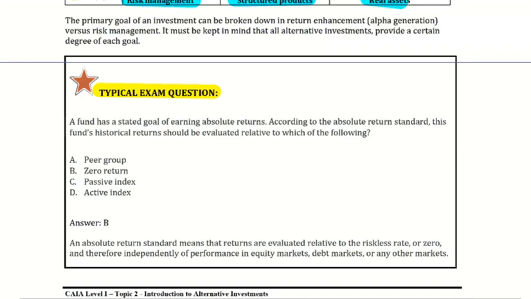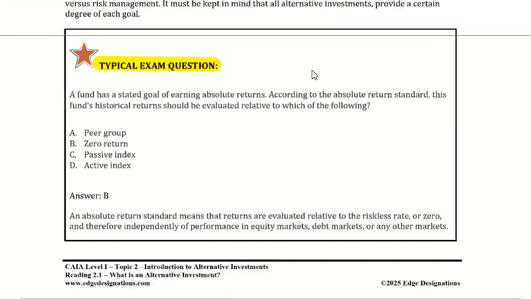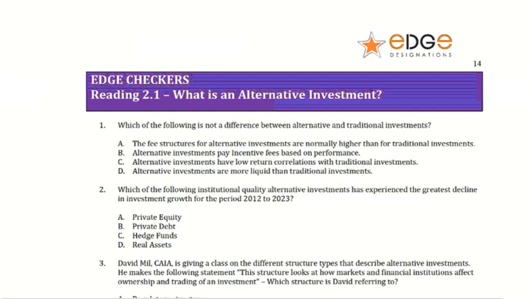Whenever you see these over here in your notes, guys, typical exam question, that's an exam question from a past CAIA practice paper. Should give you a bit of an indication then of what you can expect, okay, in your exam. A lot of guys say, well, maybe that's not what's going to be in the exam. Just understand what it is. Typically, the question is a past CAIA practice question.